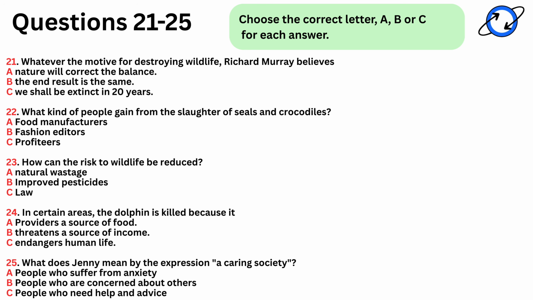Now listen carefully and answer questions 21 to 25. What would you say, Mr. Murray, are the main reasons that so much of our wildlife will have died out by the end of the next few decades? Well, Tony, we can't of course rule out the effect of urbanization due to the spread of population. But apart from that, I believe there are two reasons which, in a way, are like the opposite ends of a piece of string.